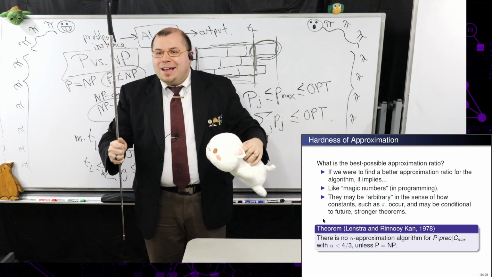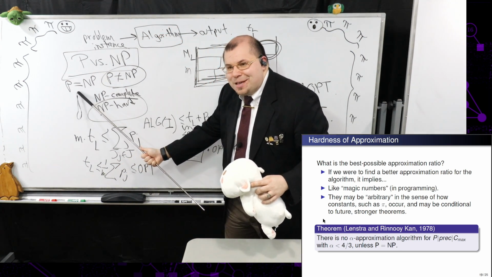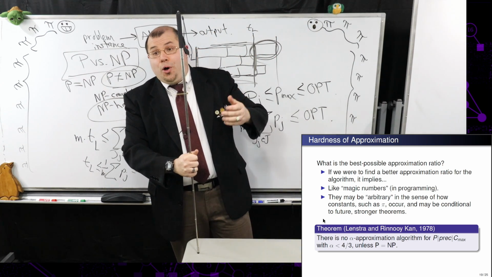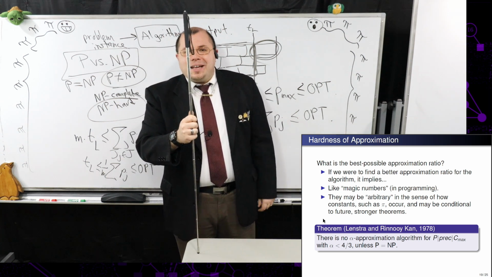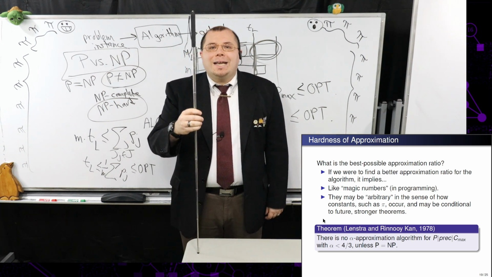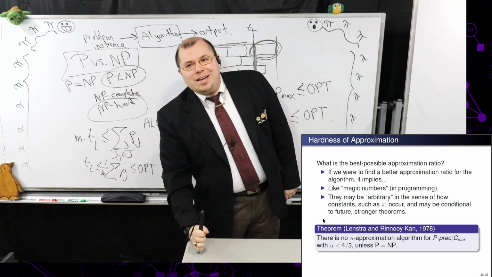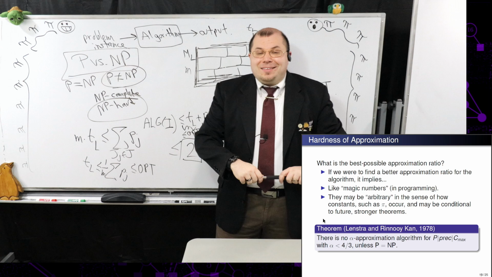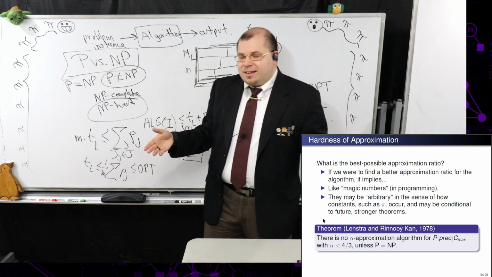past this pin unless P is equal to NP, which many computer scientists don't believe. Keep in mind it's an open problem, but we just don't know. We just have a lot of evidence one way or the other. So we can think of these numbers like magic numbers in programming. Some people in programming might tell you, oh, a magic number is just some hard-coded constant I use. It works. It's the same idea when you think about approximation algorithms in this context, where you might say, okay,